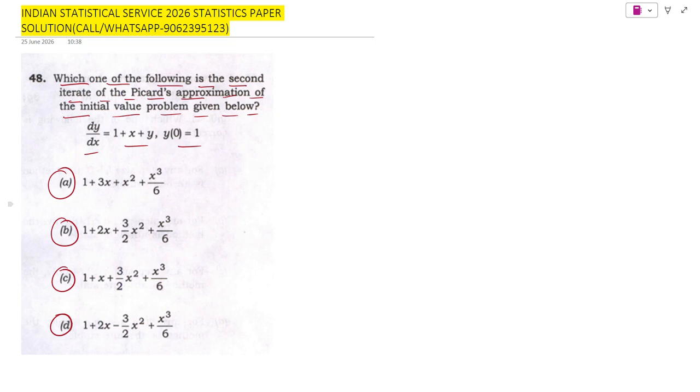This is a beautiful question, a classic application of Picard's method. Let's lay down the theory first, so you don't just memorize a formula but truly understand the philosophy behind it. When we have an initial value problem, IVP, given by dy/dx = f(x, y) with y(x0) = y0,